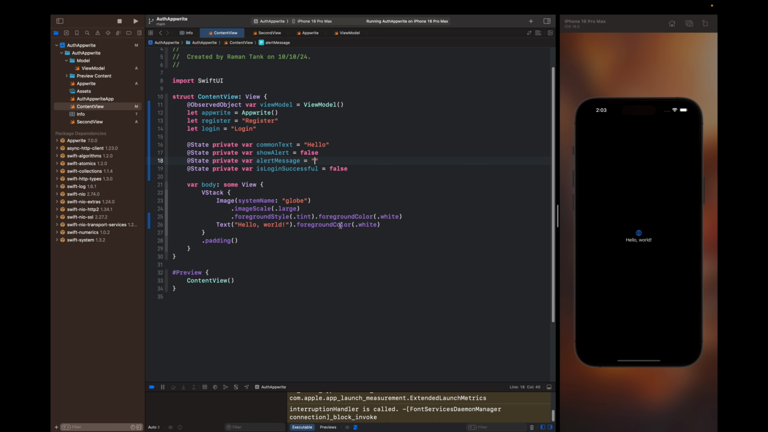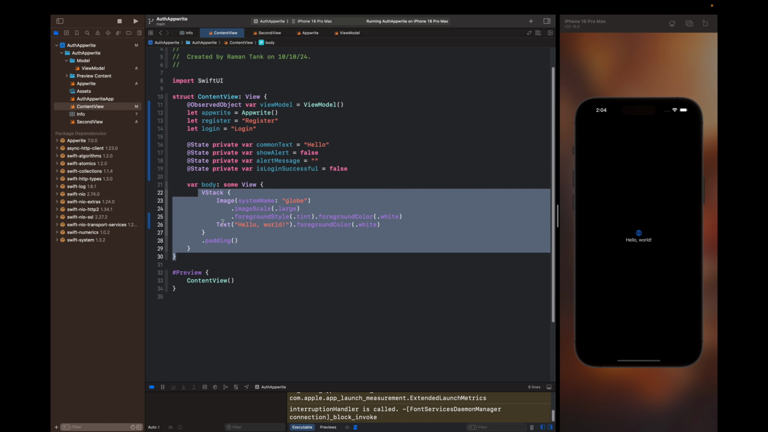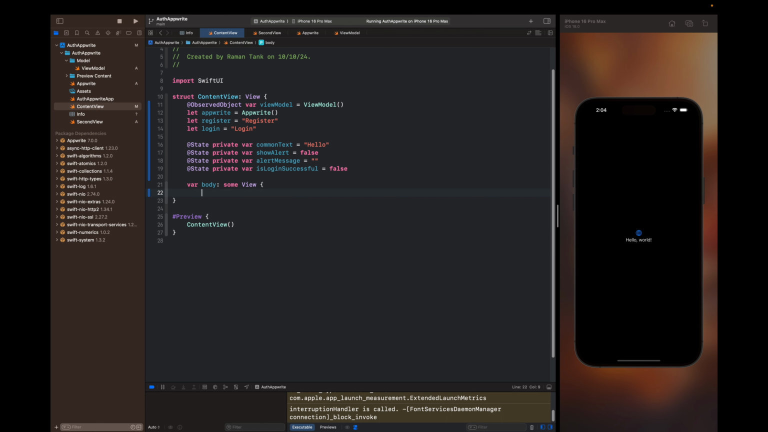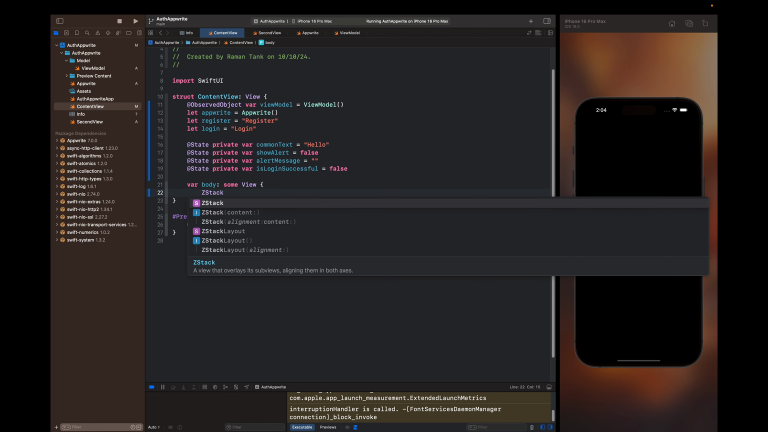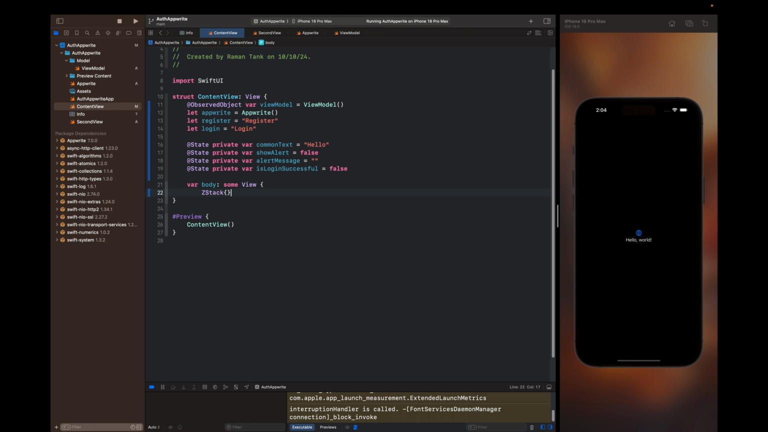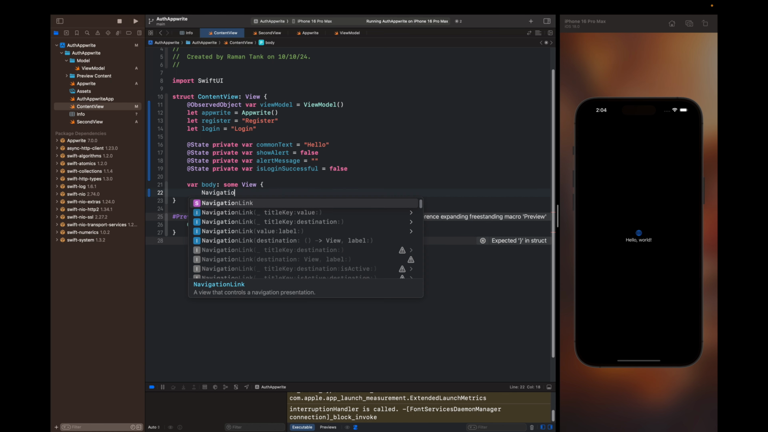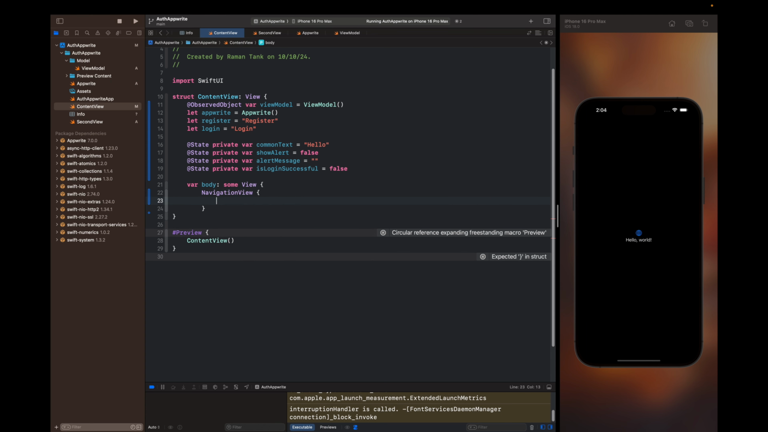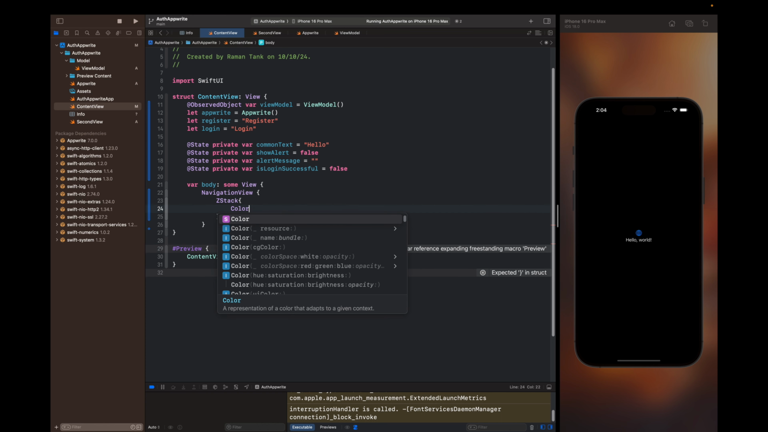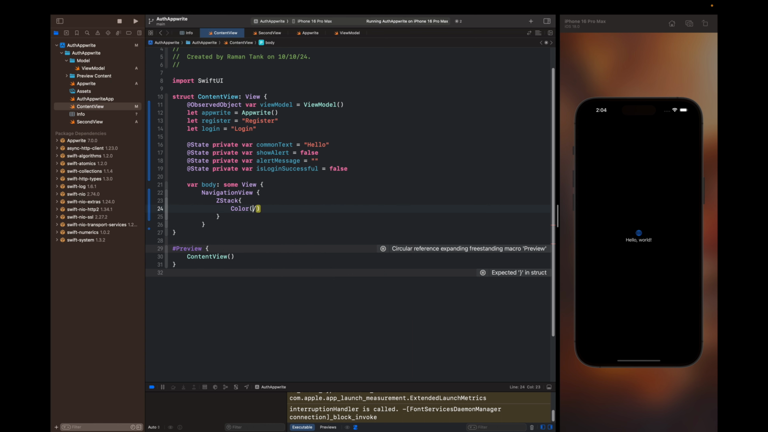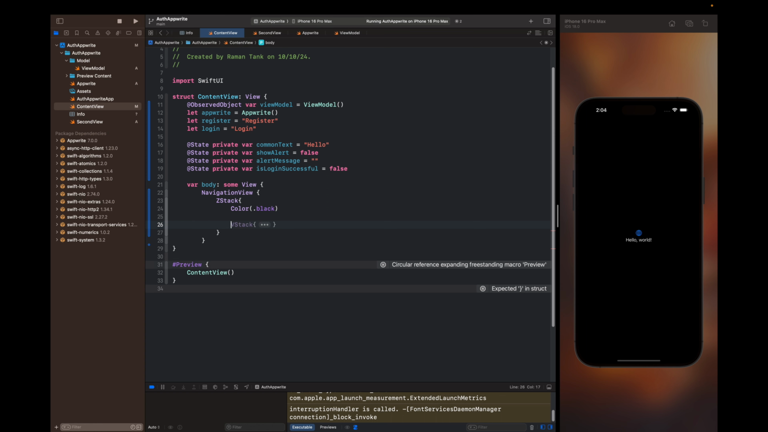Now let's implement a ZStack as well. Now I do not want this VStack. Let's add a ZStack. Before that, I need to give a navigation view. The only reason I'm giving the navigation view is that it will help me navigate from one screen to another screen. So I need a ZStack here. ZStack will have a color which will be black. You can give it yellow, white, whatever you want. And here I'll have a VStack